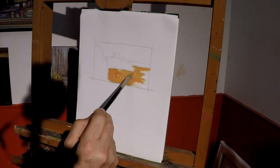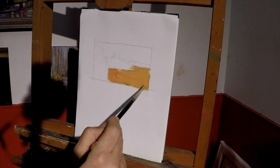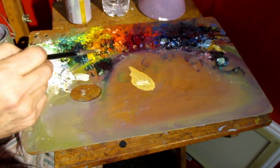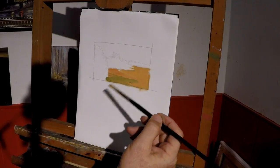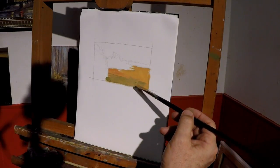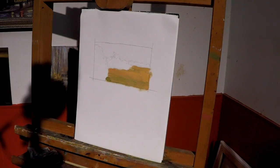And we'll carry that back into there. Alright, and maybe we'll just touch just a hint of blue just here in the foreground. Just because solid colors bother me, I guess I'm gonna just put a touch of texture in here, nothing too serious, and that's just for now. Alright. And then I'll jump to